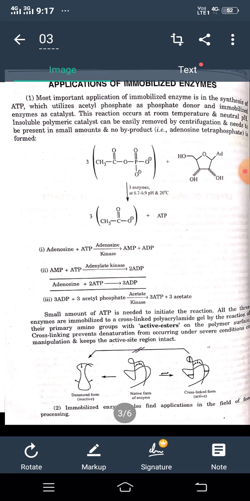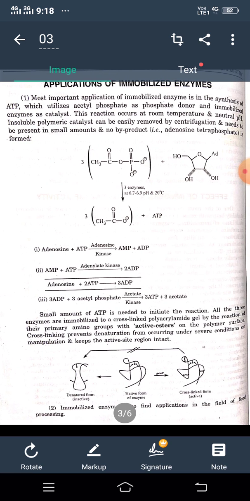So, applications of immobilized enzymes. First, the most important application of this type of enzyme is in the synthesis of ATP, which utilizes acetyl phosphate as phosphate donor and immobilized enzymes as catalyst. This reaction occurs at room temperature and neutral pH. Insoluble polymeric catalyst can be easily removed by centrifugation and needs to be present in small amount, and no byproduct